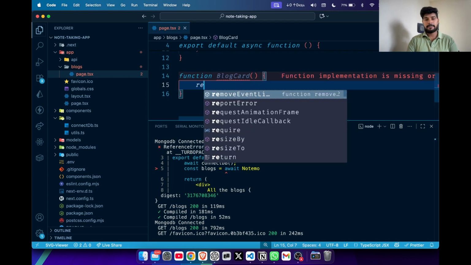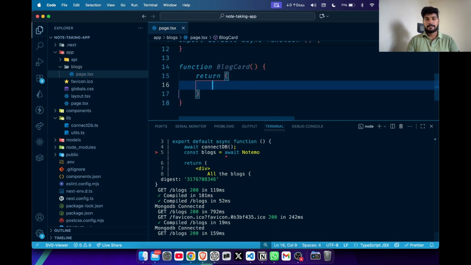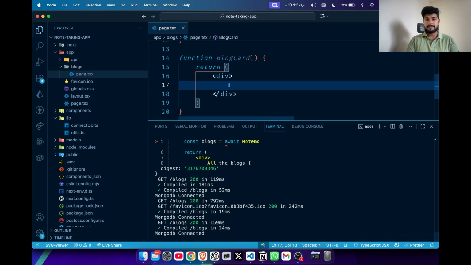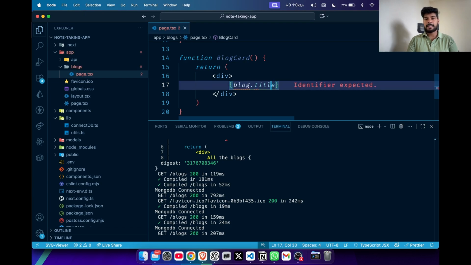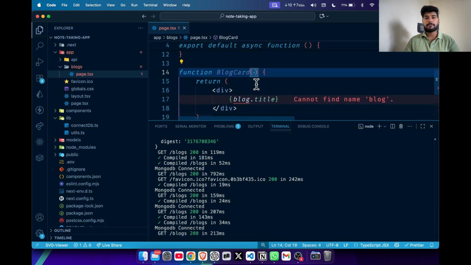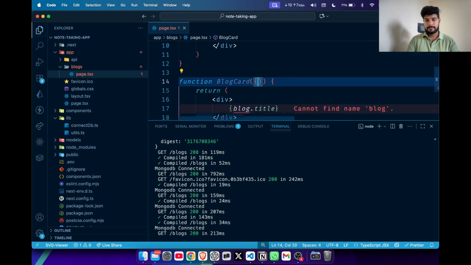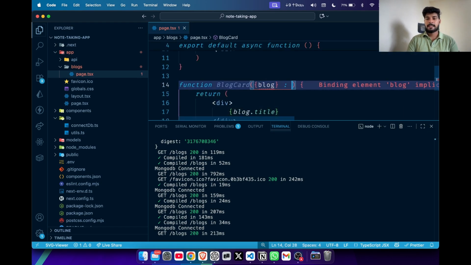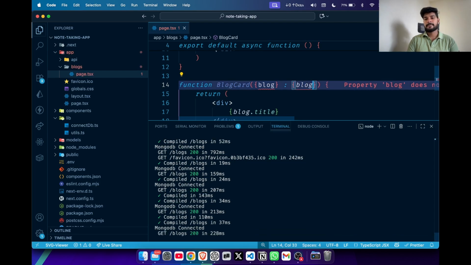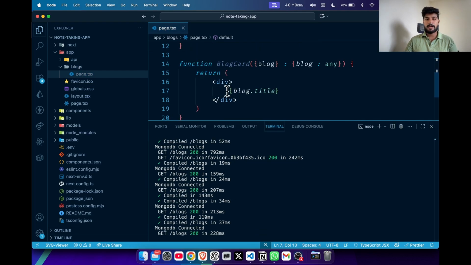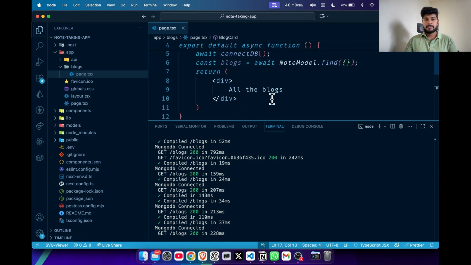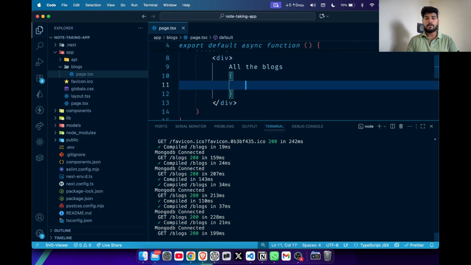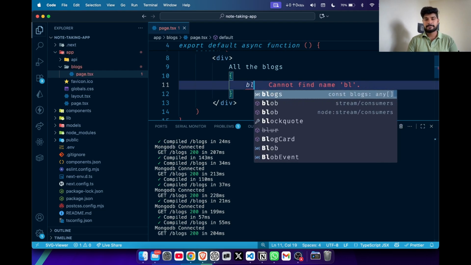And this component will simply return a div, which will have, let's say, blog dot title, and we have to pass the blog as a prop over here. So we can pass that, which is type of, let's say, any as of now. So now we are having the BlogCard component, and inside this BlogCard we are rendering the title. Okay, so we can map over all the blogs we are having. blogs dot map,